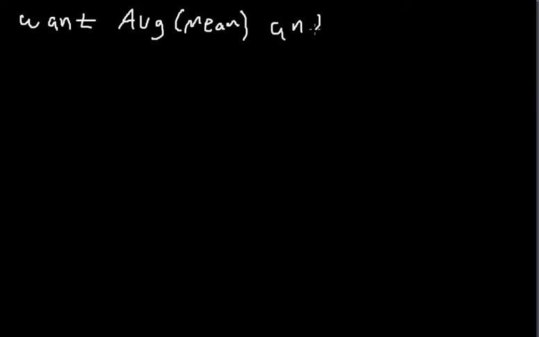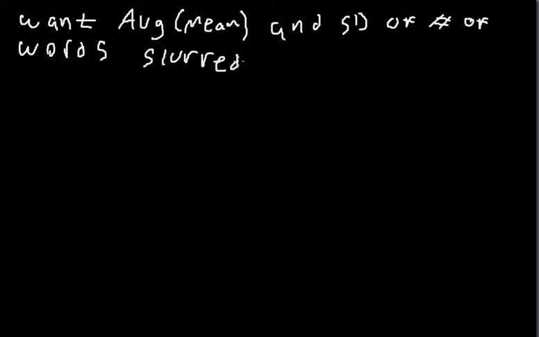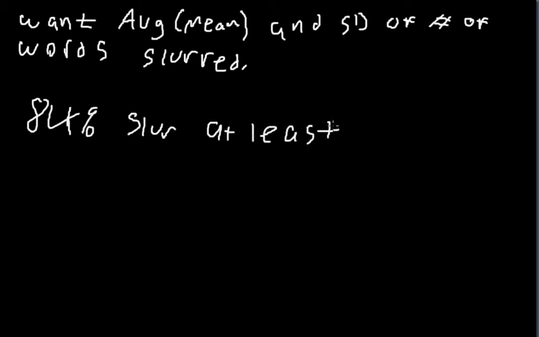So we want the average, mean, and standard deviation of the number of words slurred. But we don't have this information. We do, however, know that, at least in this scenario, pretend we have written down that 84% slur at least 15 words,